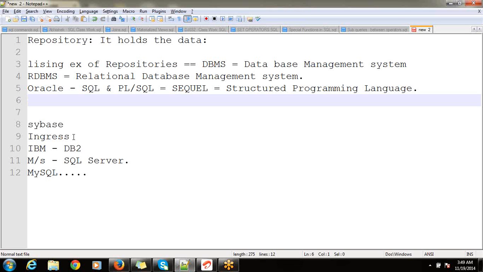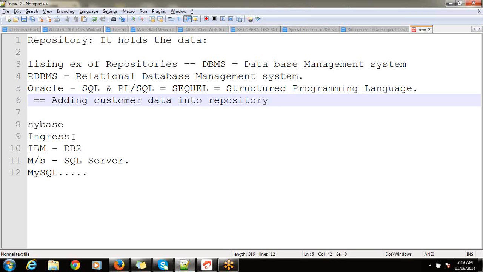So it can add new customers who have taken an account into its repository. That is adding customer data into the repository by using SQL, that is, insert customer data into the repository.